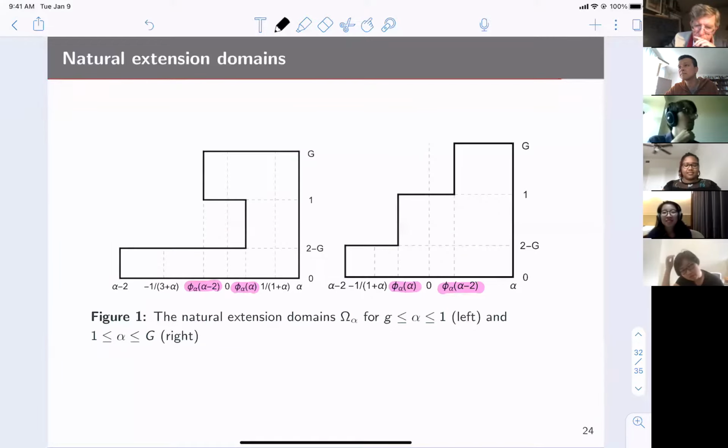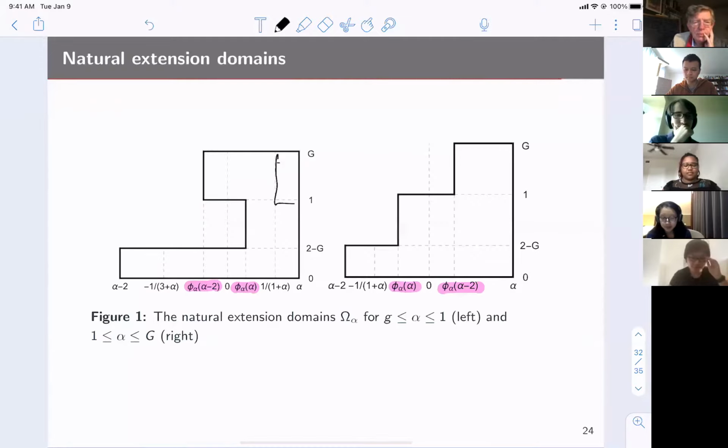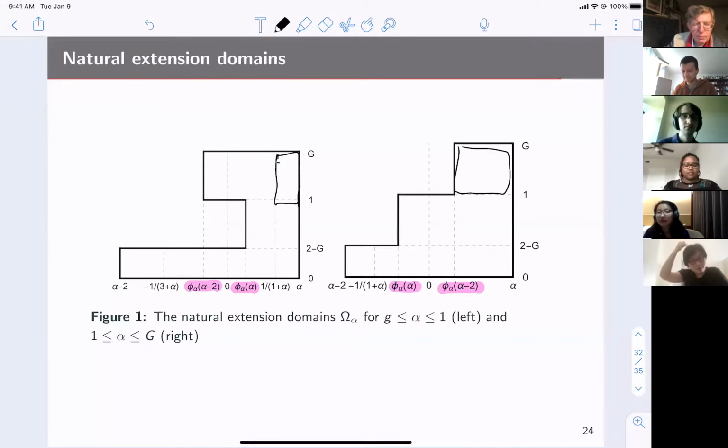So I don't remember exactly off the top of my head, but it's not actually that bad. For most of it, it just ends up interlacing the same way, well, it's more interlacing than you would get for the regular continued fractions. And then I believe this chunk kind of gets sent to itself. I could find it in the paper, but you divide it into chunks that kind of stay within themselves. And so while I define these as 3 rectangles, I think for actually how the natural extension